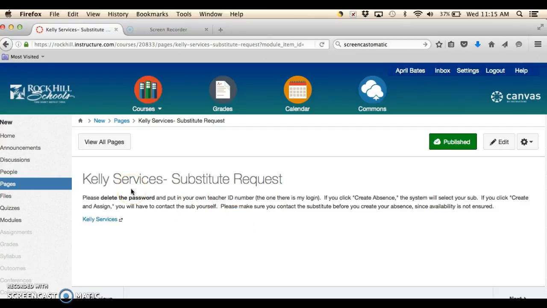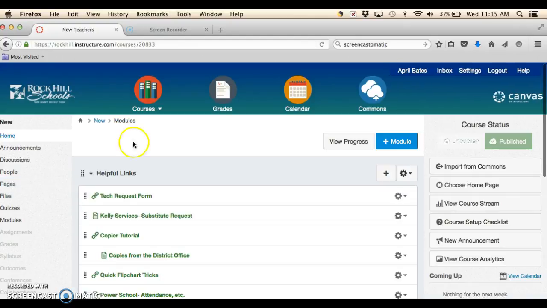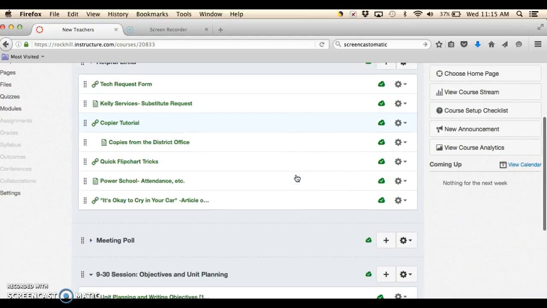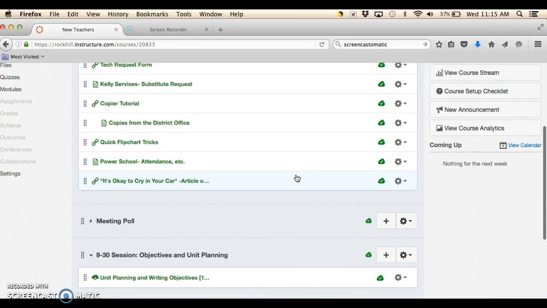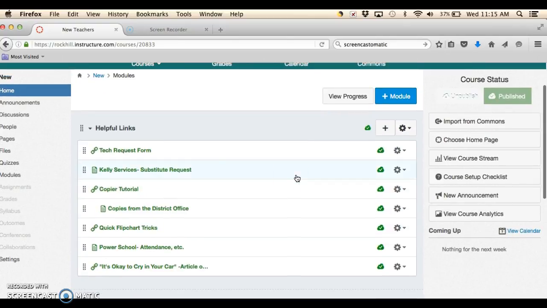So for example, if you want to request a substitute, there are a couple little caveats about how you can either create an absence or create an assign. And so I've given that instruction here, and then there's the link. Okay, when I want to get back from this content page, I can just go back to home and continue with the search. If you decide to insert a file, which I think I did,